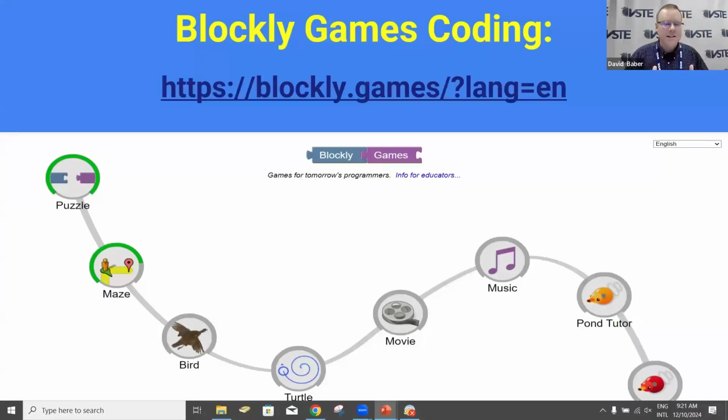Now, one thing I should note is that with these free activities, you can create logins, but on Blockly, I don't remember if there was a login on this one or not, because my students didn't use a login for it. So if you don't have a login, it will not remember your progress. Just remember, if you don't have them log in and you just use the web-based free version without any kind of account, it will not keep their progress from day to day. Okay, so